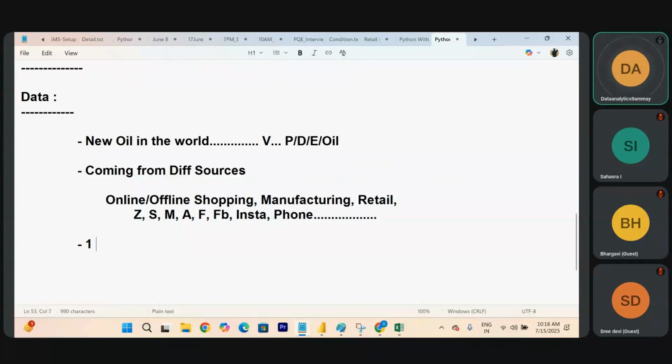If the data is coming from different sources, just understand here. If the data is 1 month of data, we can easily understand. If the data is 1 year, difficult. Not only one city, the entire world. Just observe how many people are contributing data every day. Even if you pay something on your PhonePe, it is going to store somewhere. You will get a statement at the end of the month, right? Wherever you pay a payment, it is going to store somewhere.